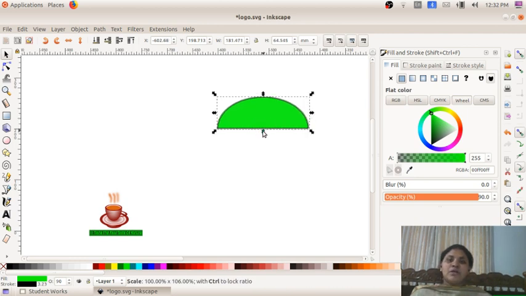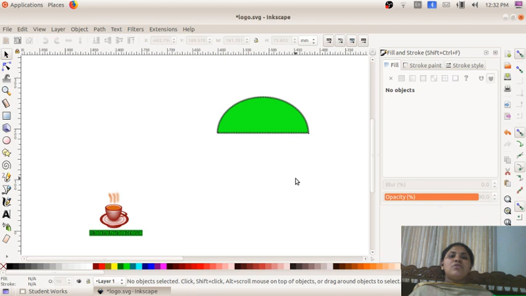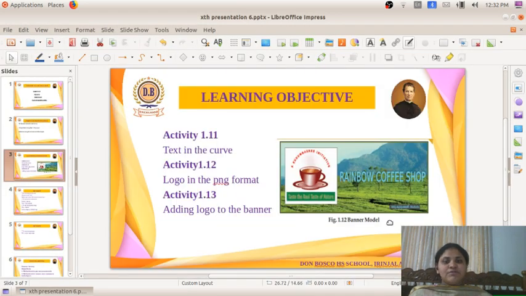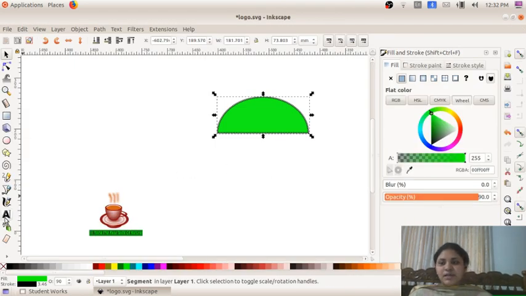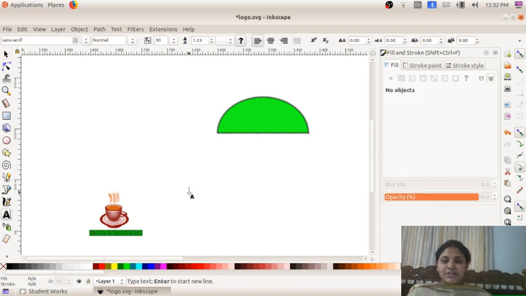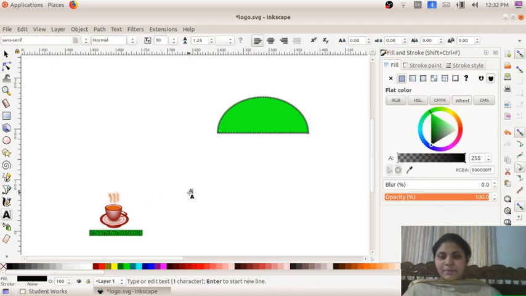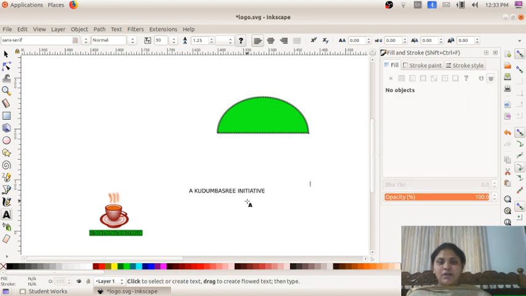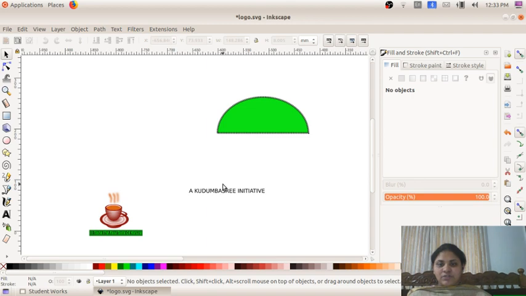Next we have to type a text, Kudumbashree initiative. For that I am taking the create a text tool option and typing Kudumbashree initiative, and I give a dark color for this text.